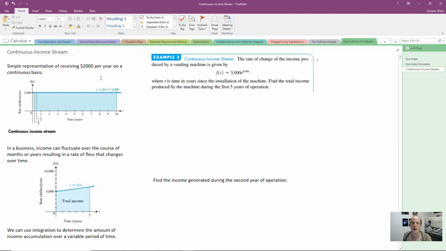and that's an application we can use for integration. Let's move on to another concept here called continuous income stream. Just to kind of break in the idea here, let's say that you receive $2,000 a year, and instead of getting this lump sum of $2,000 right after the year, like instead of just getting a check at the end of year 1 and another one at the end of year 2, we're going to think of it as being incrementally distributed to you,